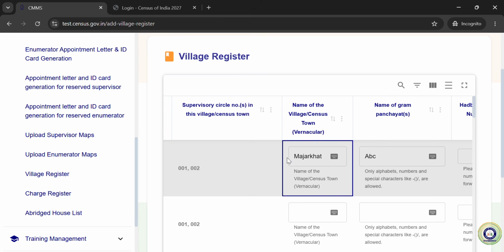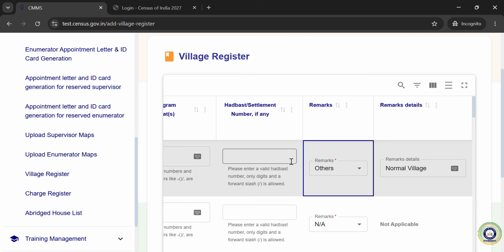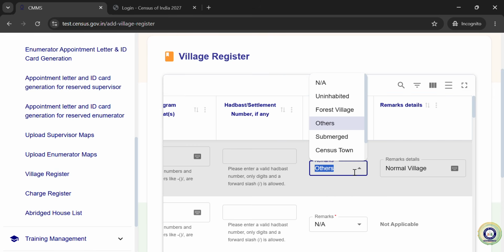village register. What is the name of the village or census town in vernacular language? After that, name of Gram Panchayat. During creation of HLBs, you remember that we have given the number of panchayats as 1. If we have given 1, then we need to mention the name of the Gram Panchayat. After that, head quarter or settlement number if any, and after that remarks.